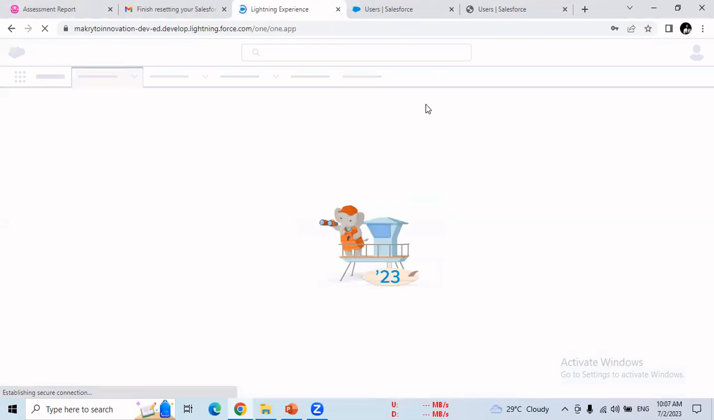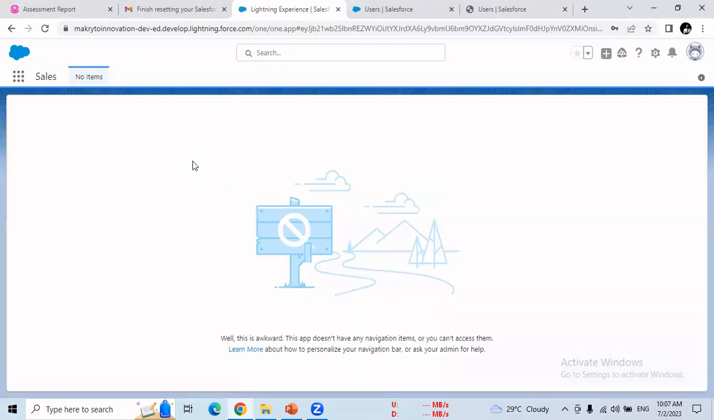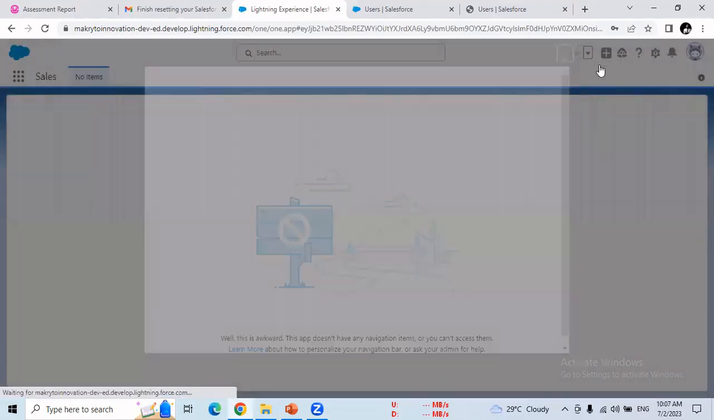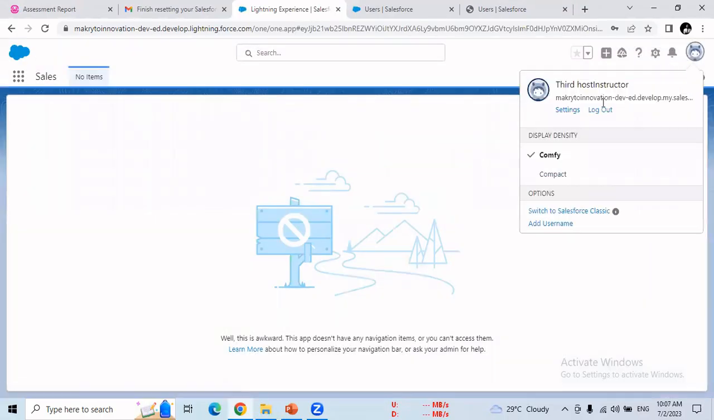Now look at over here. When I change the password, now I am able to log in to my third user. If you go to your profile, you can see that the third user or the third host instructor has been logged in successfully. So what I am going to do now, I am going to log out this particular user